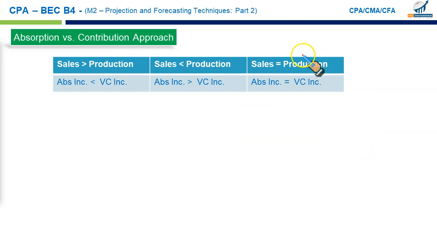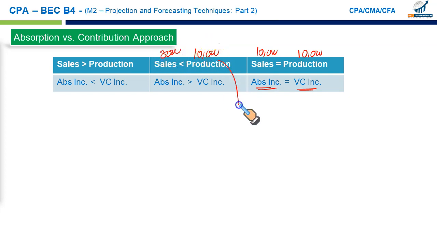When the sales and production are the same, let's say you produce 10,000 units and all of them have been sold, then the variable costing based income statement and the absorption costing based income statement will be the same. The problem will arise when the production and sales are not equal. When the production is more than sales, like you produced 10,000 units, but you only ended up selling 8,000 units,